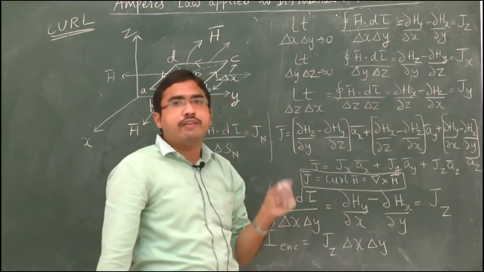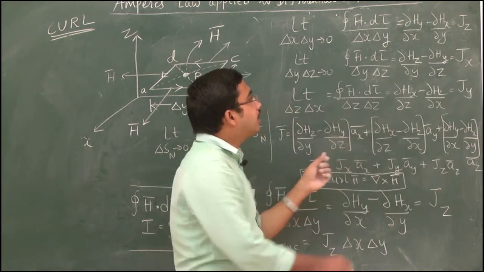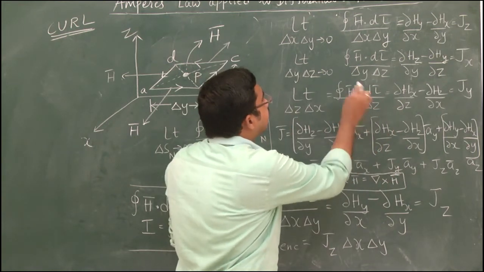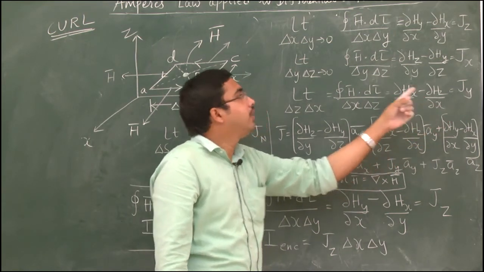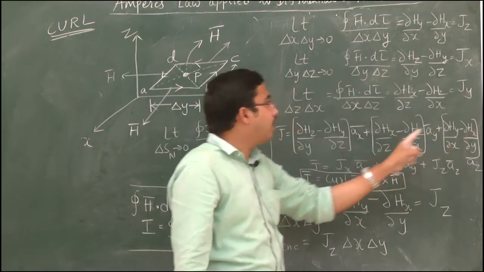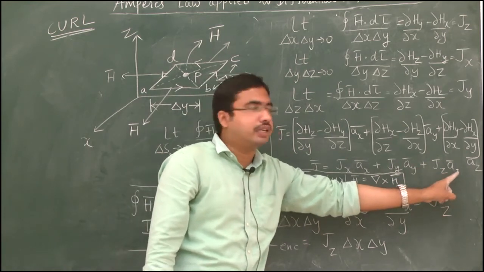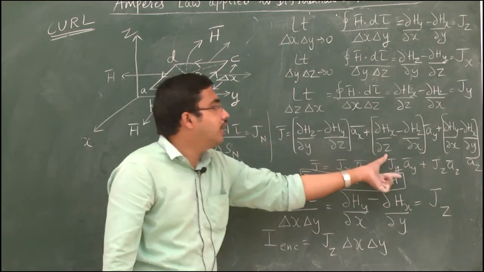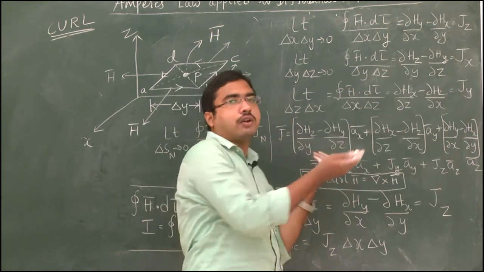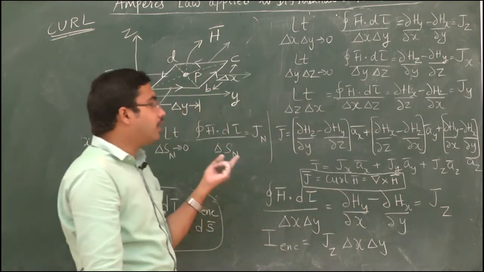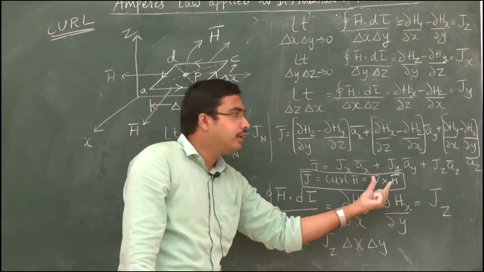If you consider the J value in the y direction, then what is the formula for area? Delta x into delta z, and this is the partial derivative value. Now if I add all this, because we already know that J bar is Jx ax plus Jy ay plus Jz az, in the place of Jx, Jy, Jz, I am substituting these values. This is nothing but the cross product of two vectors. That cross product is nothing but the cross product of the del operator, del, and magnetic field